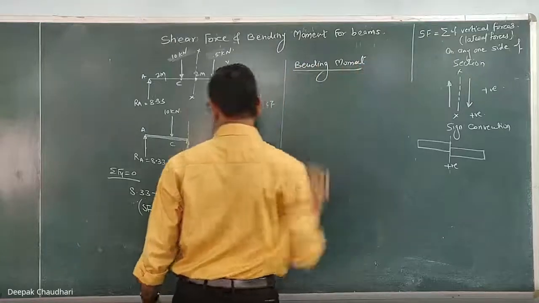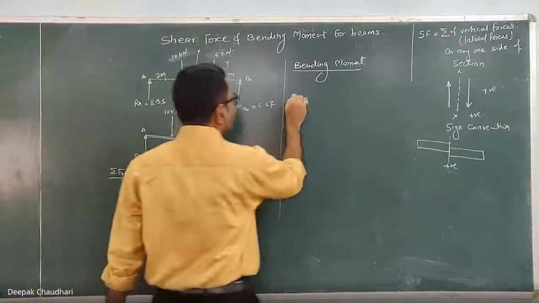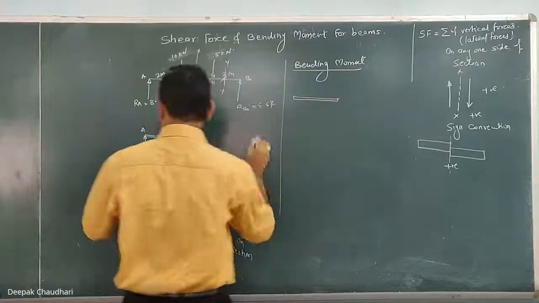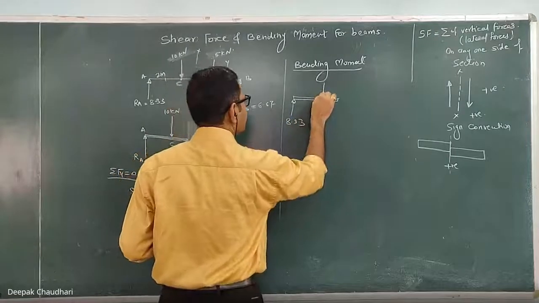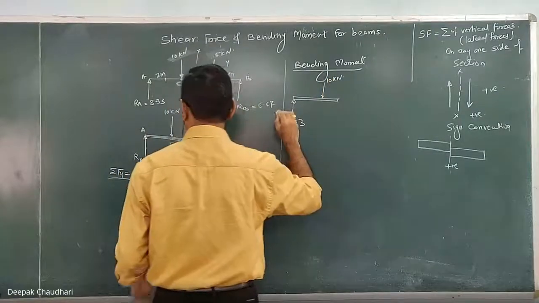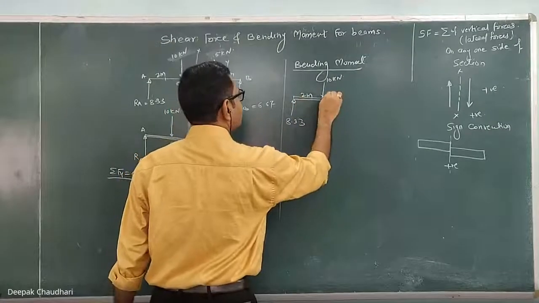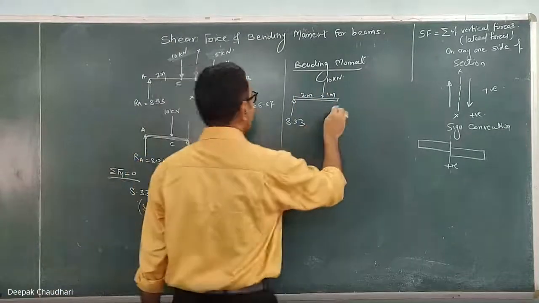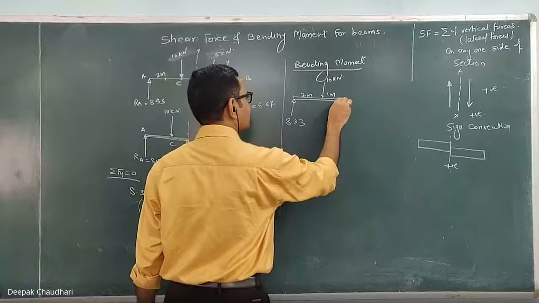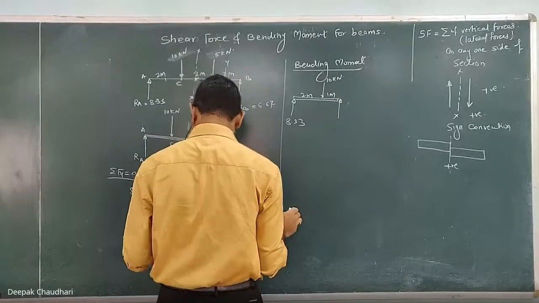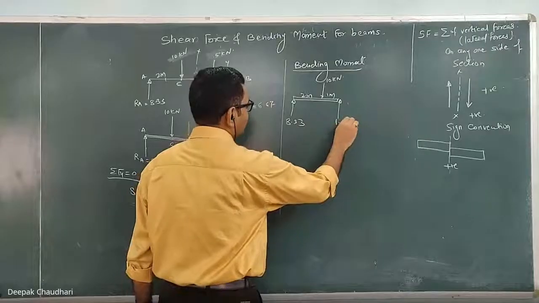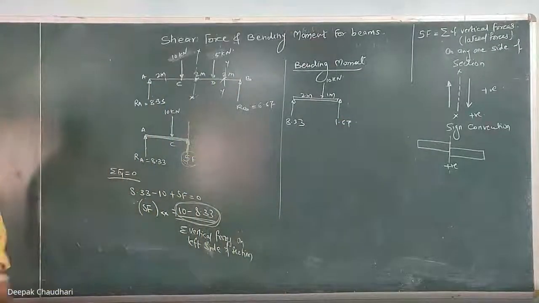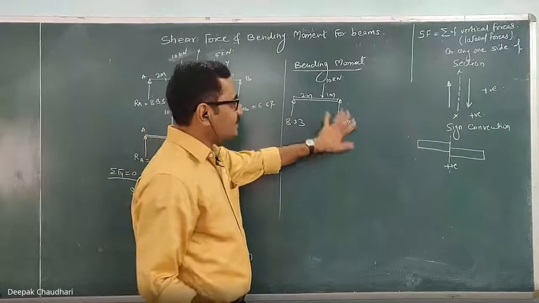Bending moment. Okay. Now, if I consider the same FBD, this is RA, 8.33. This is 10 kilonewton. Okay, this distance is 2 meter. Let this be 1 meter. This is at the middle section. I am considering that at the middle. And here this is a shear force. How much is the shear force? It is 10 minus 8.33. How much is that? 1.67. Okay.